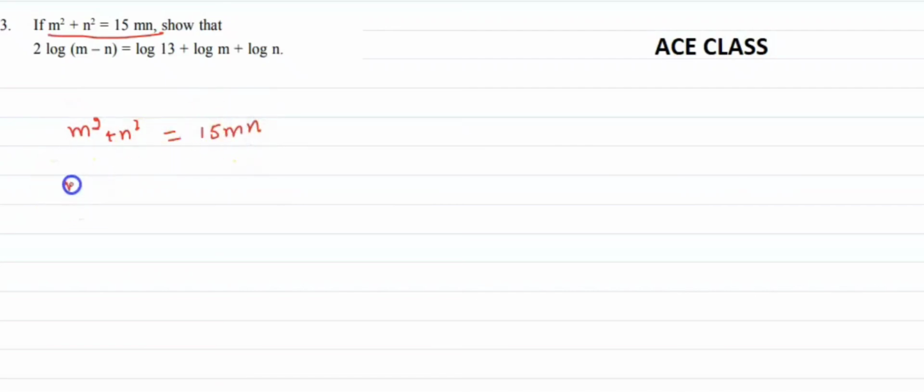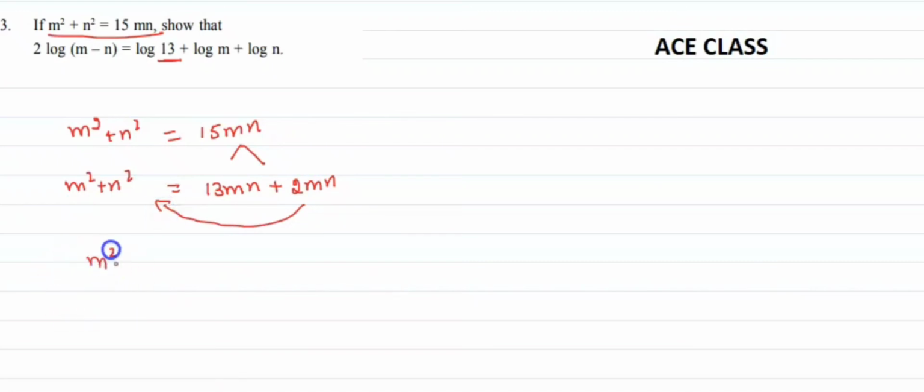Now this m square plus n square I'll write as it is, whereas this 15mn I'll split as a sum of two numbers, that is 13mn plus 2mn. Why 13? Because I have to match my question with what is there in the question, right? So I'm splitting this 15 according to the question, that is 13mn plus 2mn. So now bring this 2mn towards my left hand side, that is m square plus n square minus 2mn equals